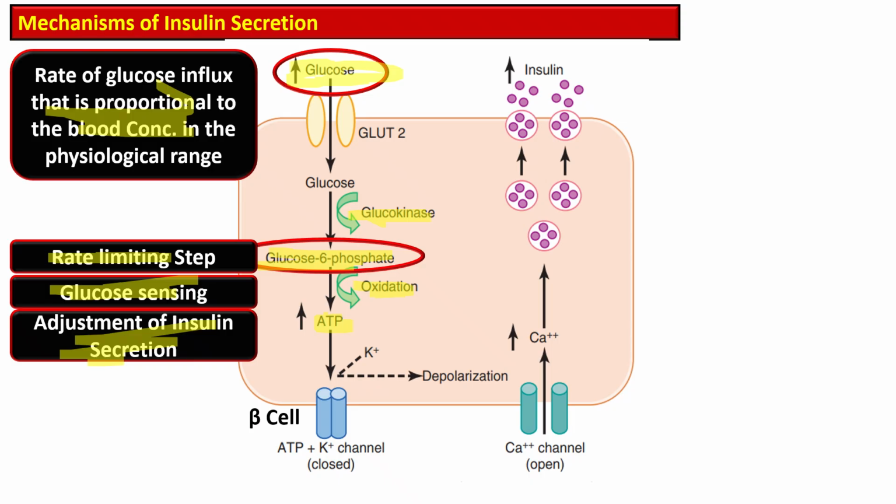This increased ATP synthesis inhibits ATP sensitive potassium channels that are present on the beta cell membrane, and closure of these potassium channels will result in depolarization of the membrane, and after the depolarization of the membrane there is opening of voltage gated calcium channels, and the calcium